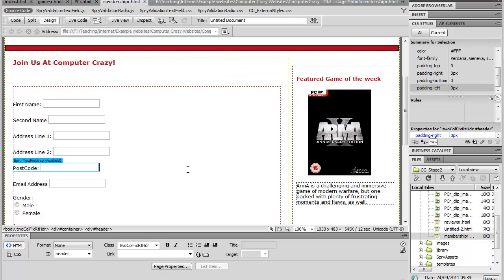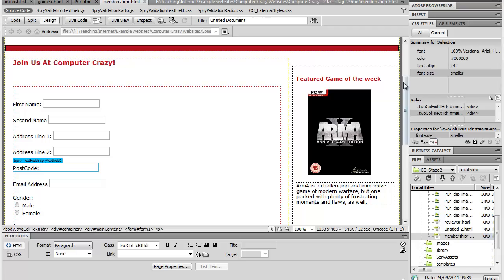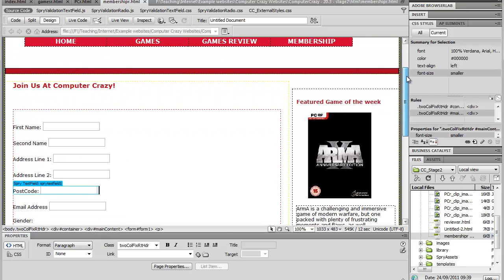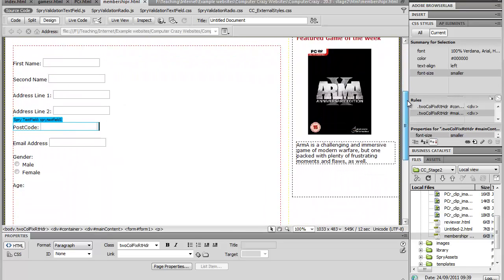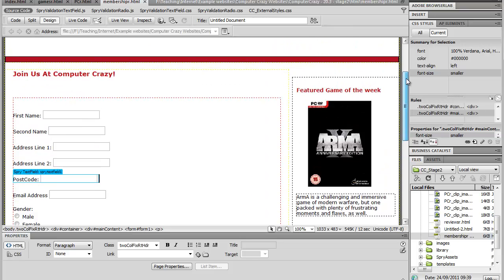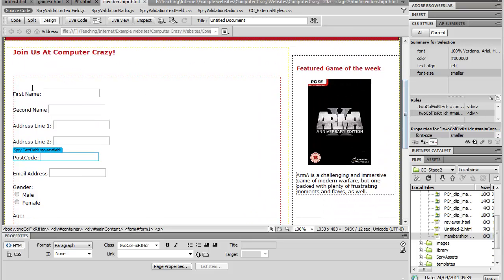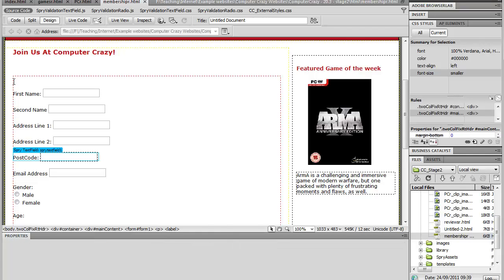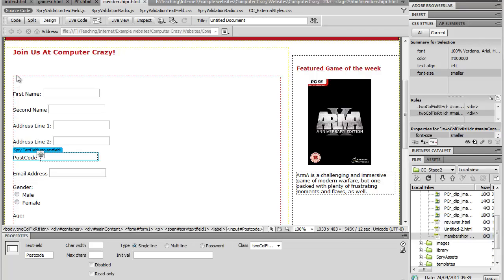So I'm going to use the membership form that I've set up for Computer Crazy. At the moment it's based on the Unit 28 version, so all the form fields here are based on Dreamweaver's way of doing it, which uses special spry form fields. We can't use those, so I'm just going to delete the whole of that form that's there